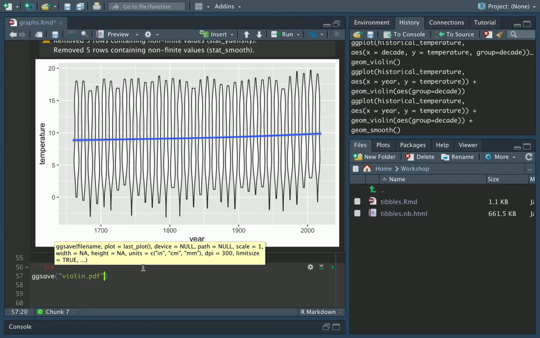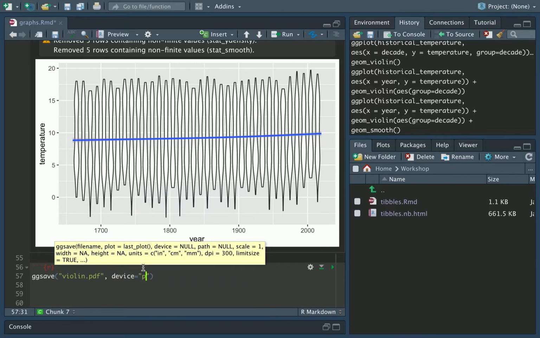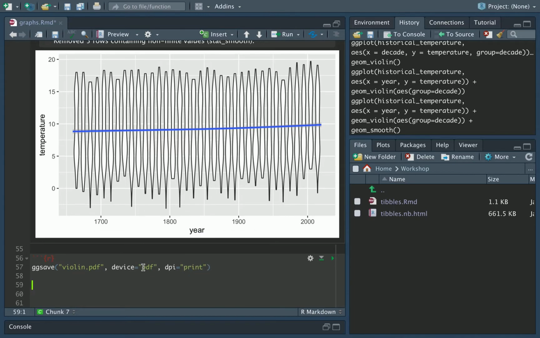So if I do ggsave violin.pdf, you need to pass in the file name of the file you wish to save it to. Device is then the file format we're using, so in this case, we're going to be saving it as a PDF file. And then the DPI is the resolution. And generally you want to save things for publication using print, which will save it with quite a high resolution. So if I run this,